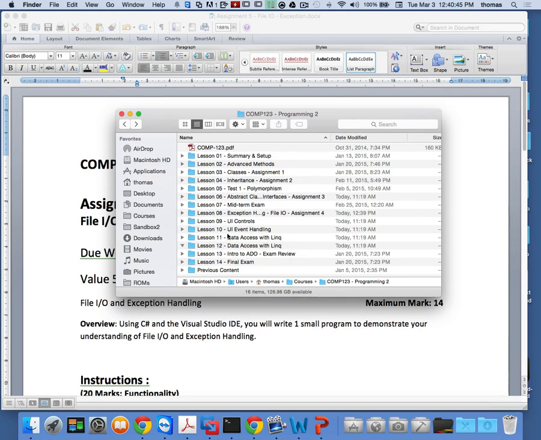In there with data access with LINQ, I'm probably going to throw in lists, because we need to understand how to do lists, which is almost like an expanded, it's like arrays plus, right? Once you know arrays, then lists are easy, right? And then lesson 13 is going to be kind of intro to ADO, and we're going to do an exam